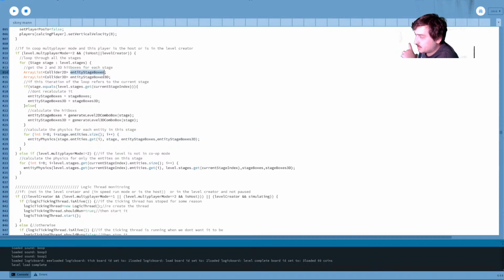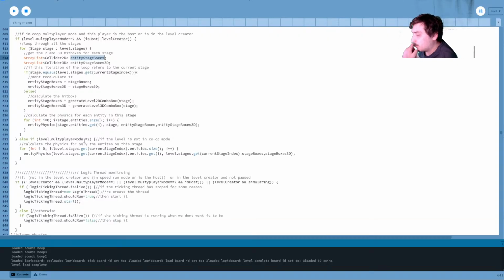Because these stage entities are in an array list, I could use the Java Stream API, specifically a parallel stream if I'm worried about performance, and run all their update functions in parallel, because these update functions aren't supposed to affect the world outside of the entity, basically.